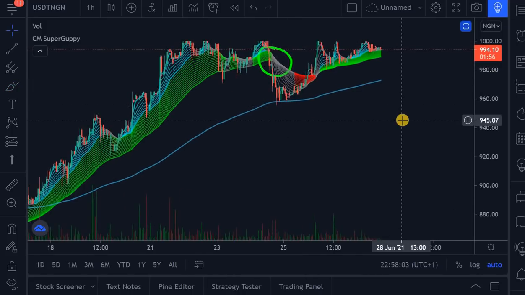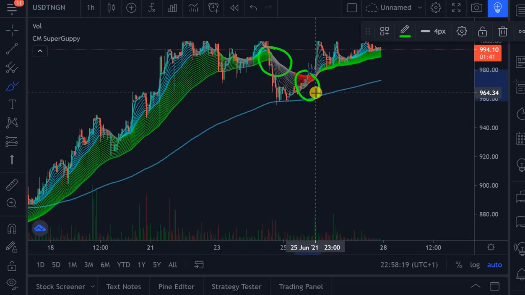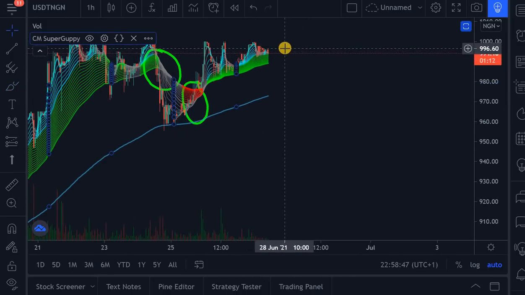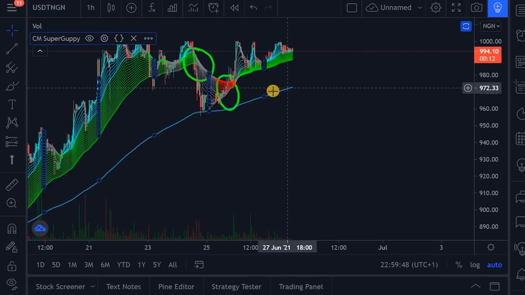Now the third time right now is at this level right here. This was where it flashed another red signal. Right now, based on this indicator, I would buy USDT at around this level. I will be able to sell it at a higher price. You won't sell it now because it hasn't shown a change in trend. When there is confirmation of a change in trend, that would be a good time to sell your USDT back to Naira.